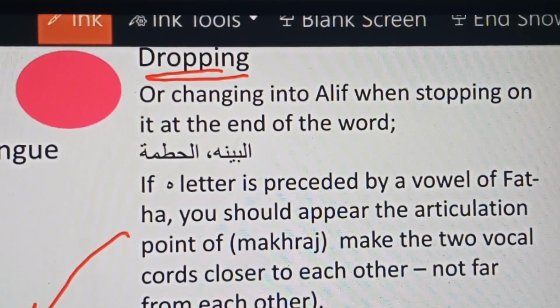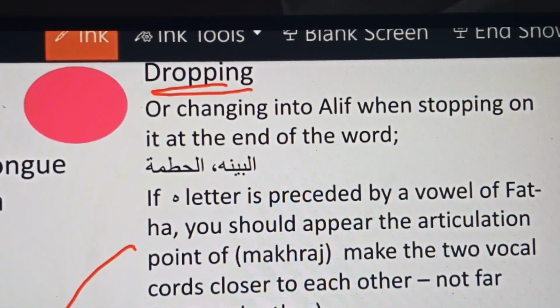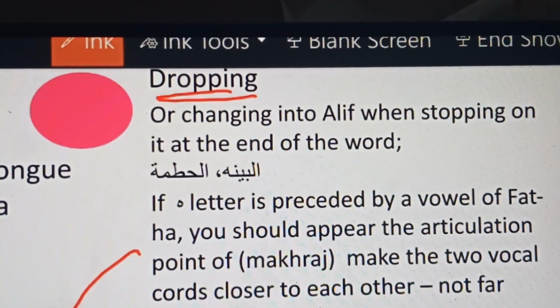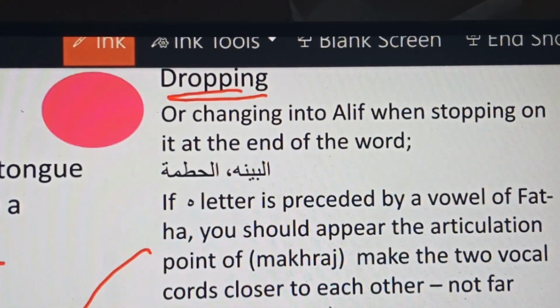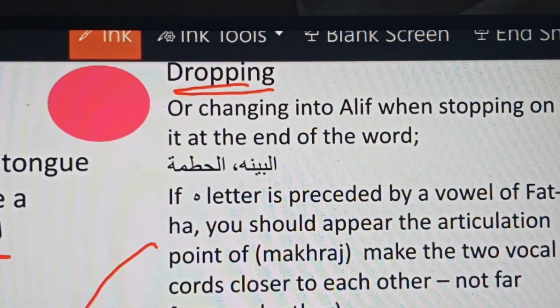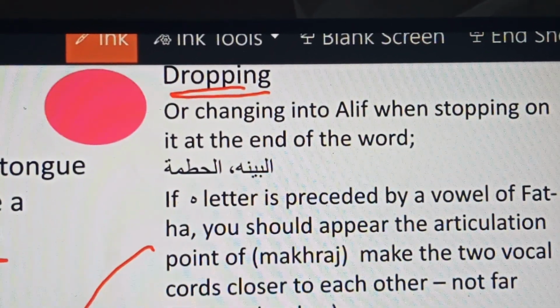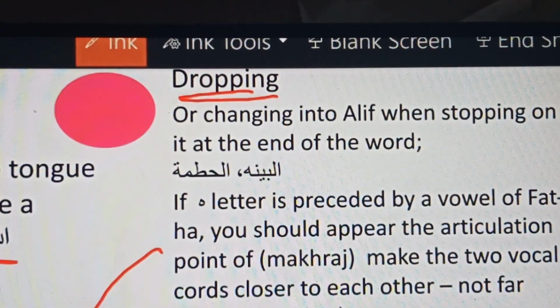So you should make the articulation points of the makhraj appear, make the two vocal cords closer to each other. Returning back to these mistakes, if you remember, we have to do this when we stop on this ha at the end,